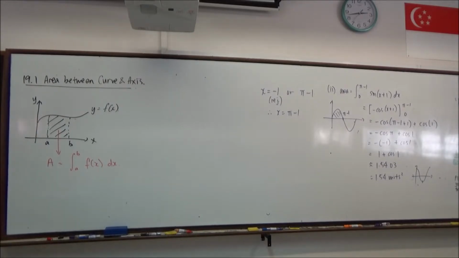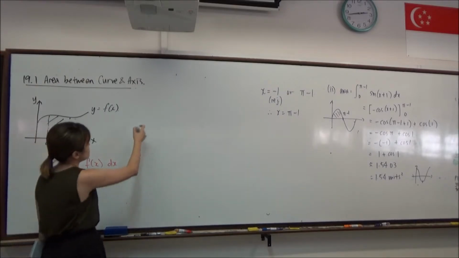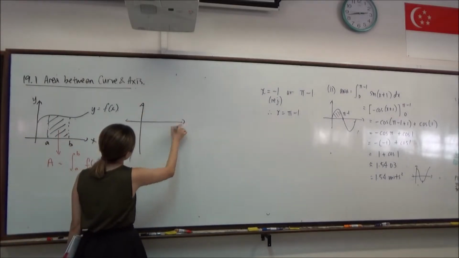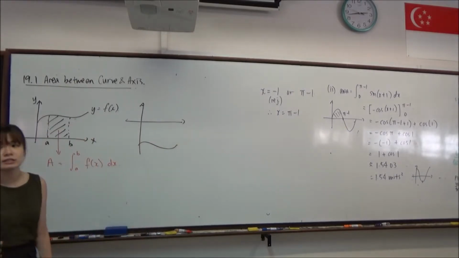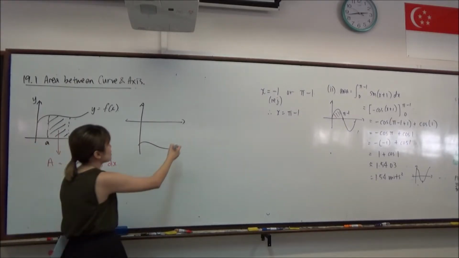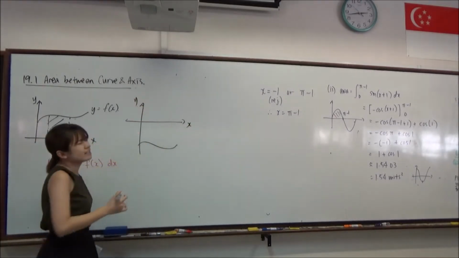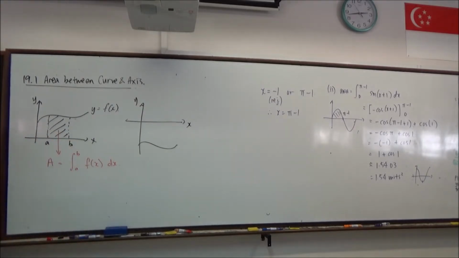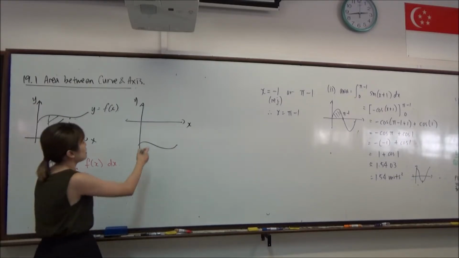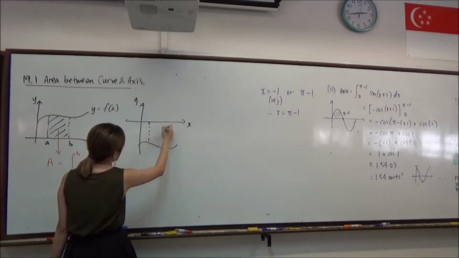Okay, next, of course the graph is not limited to just only above the axis. The graph will actually appear below the axis as well. So we need to consider what if the curve is below the axis and how do we compute this area. Technically it is not actually about the area under the graph, but about the area between the curve and the x-axis itself. So if we have a point A to B,